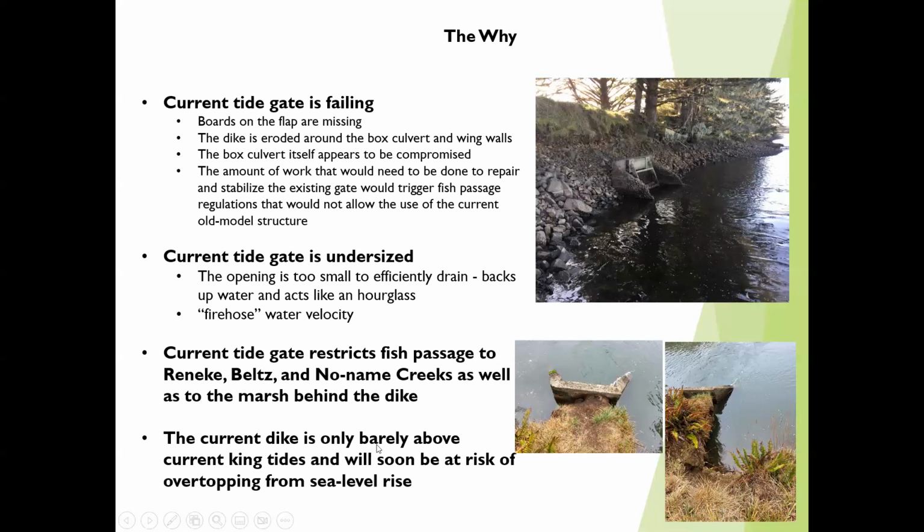So I already mentioned fish passage, and a lot of that fish passage requirement there is about velocity. So juvenile fish can only swim against a certain speed of water running through the tide gate. And with this small opening and with this hourglass effect, driving the hydraulics there to really high water velocities, there's only a short period of time in slack zones when fish that can't swim really fast are able to swim through that unobstructed way. So the tide gate would need to be much larger to allow the velocities to be low enough for juvenile fish to enter